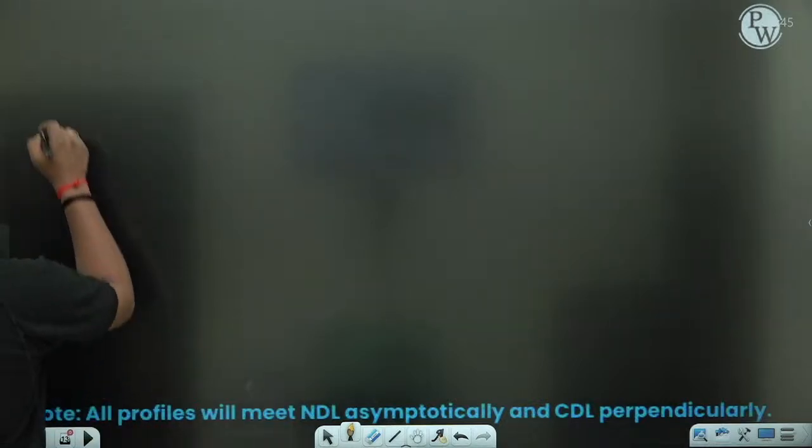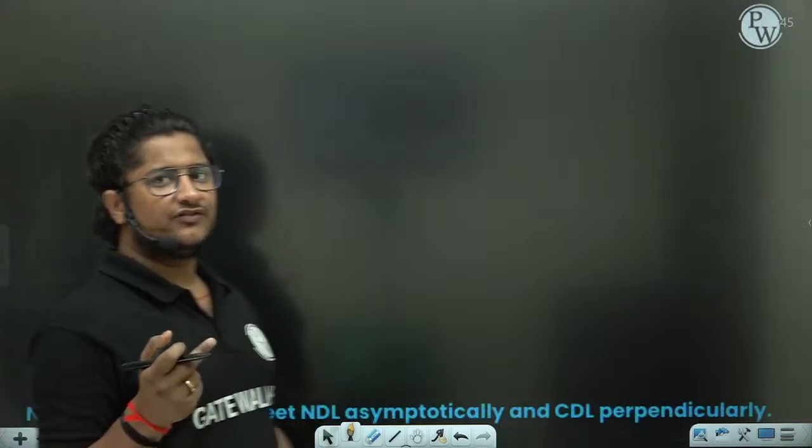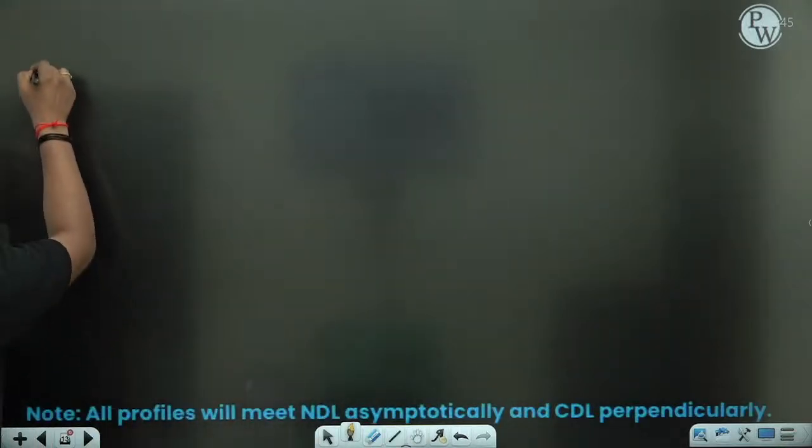Now understand the next thing. From this, what we have understood is that the first profile, M1, will be a rising profile, M2 will be a falling profile, and M3 will be a rising profile again. Now the second thing we are taking here: